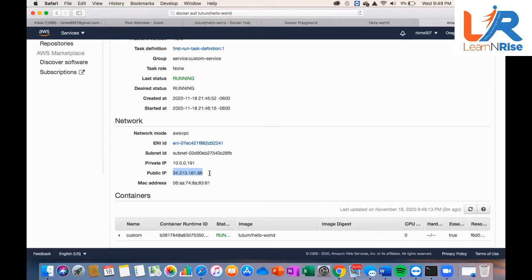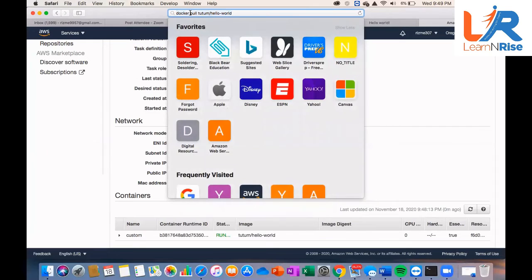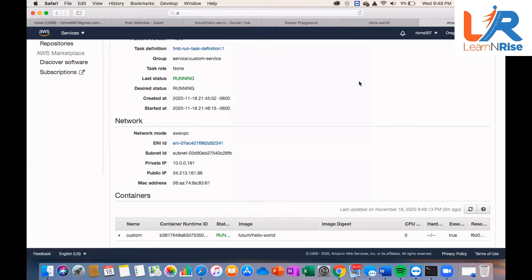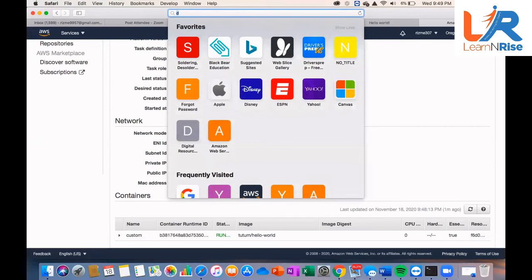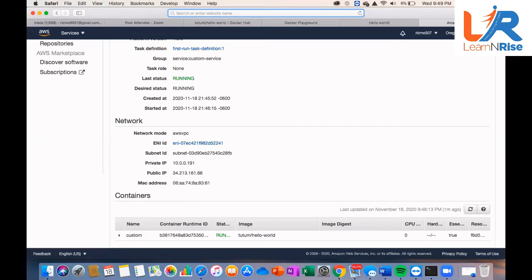So right click and say copy. Or maybe you can type 34.213 in your browser.